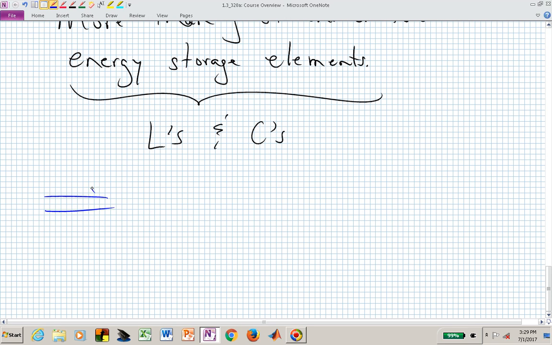And for that, we will introduce this concept of transfer functions